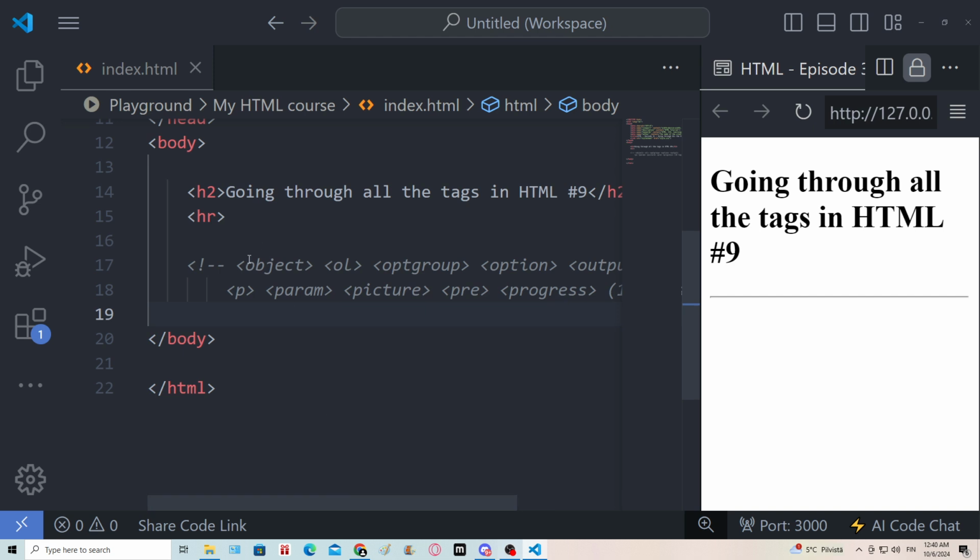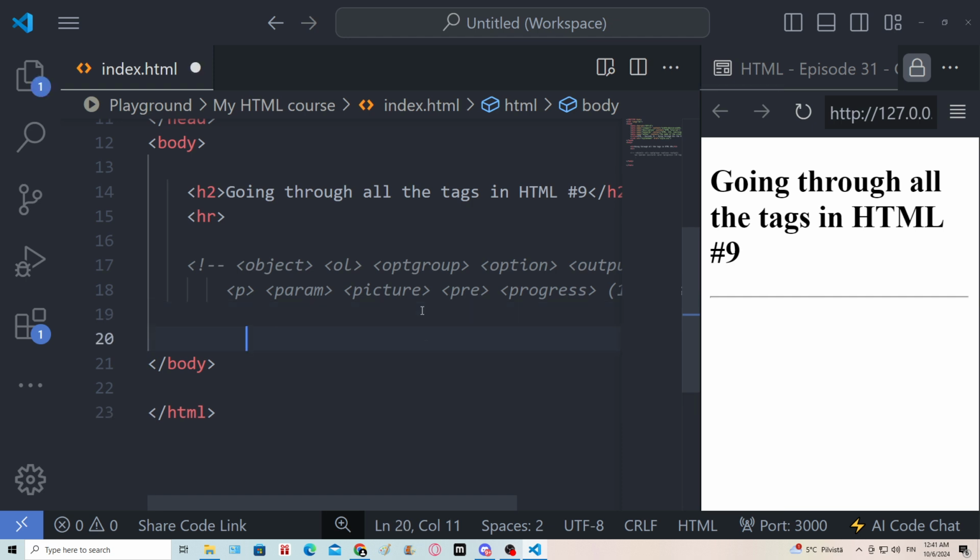So the first one is going to be the object tag. So basically the object element is used as a container for images, videos, and stuff like that. So the object tag is basically a container for external resources. Pictures, other websites, videos, audios, stuff like that. I'm gonna give you an example. Let's say